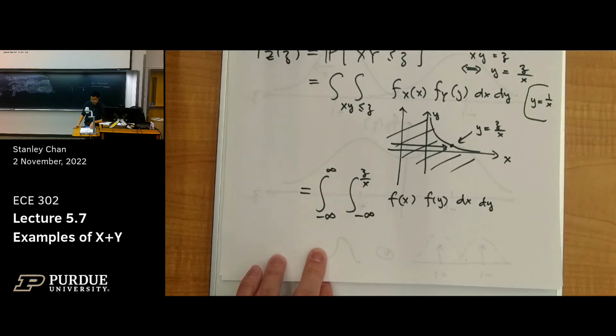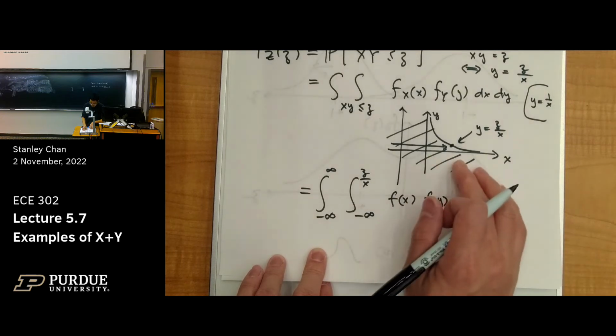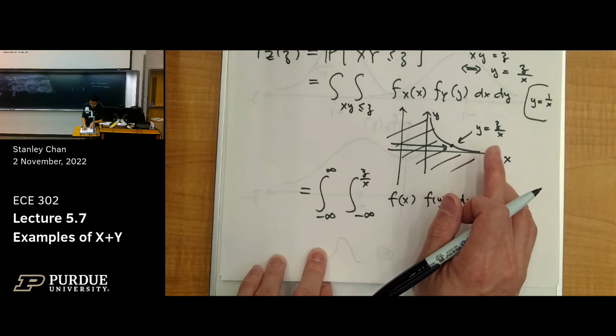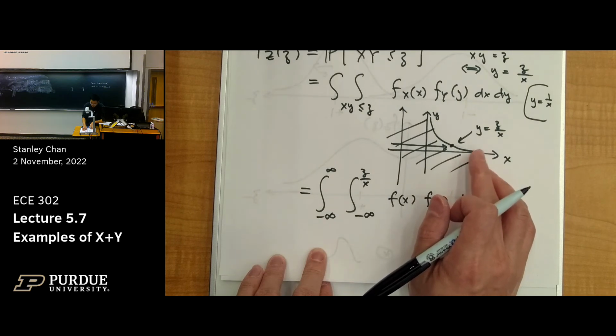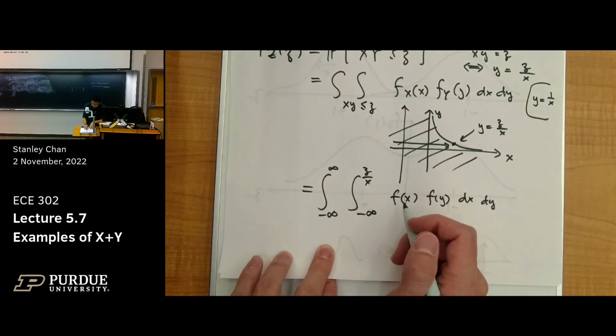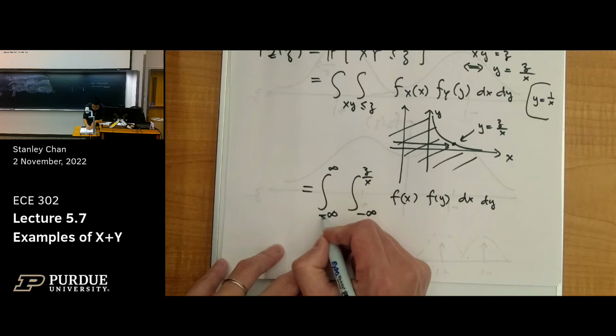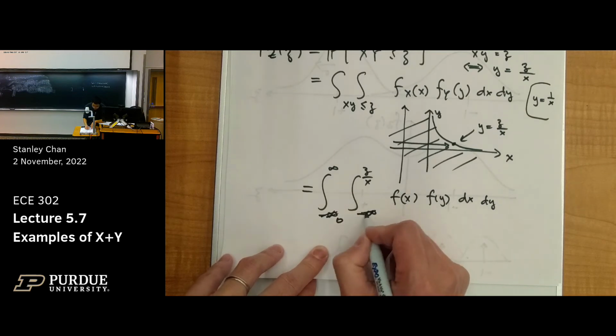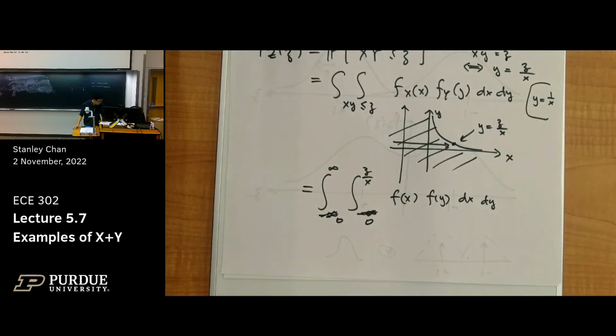Okay. Oh, probably not minus infinity. I think it cannot go below 0. Am I right? Yeah, I don't think you can go below 0. So you have to go from 0 to infinity, from 0 to infinity. Otherwise, I think you're going to mess up because